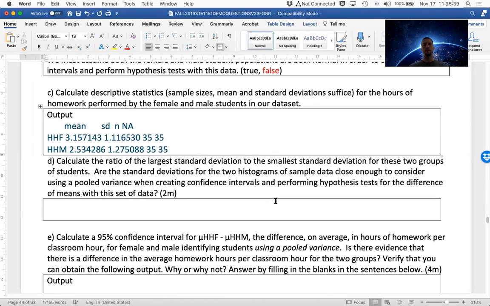Okay, part D, calculate the ratio of the largest standard deviation to the smallest standard deviation for these two groups. Are the standard deviations for the two histograms of sample data close enough to consider using a pooled variance when creating confidence intervals and performing hypothesis tests for the means of this set of data? Okay, first off,